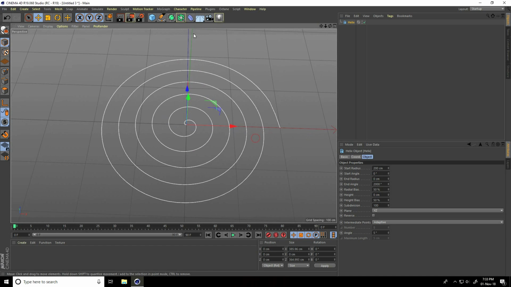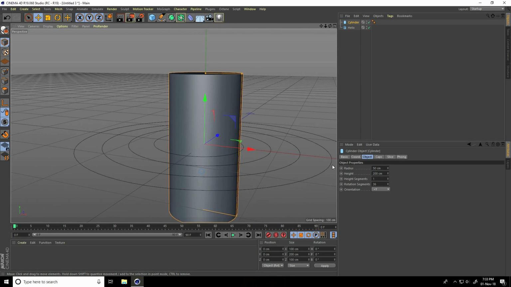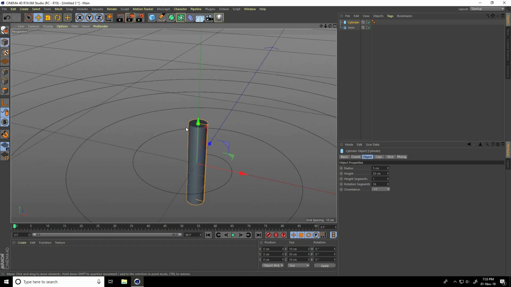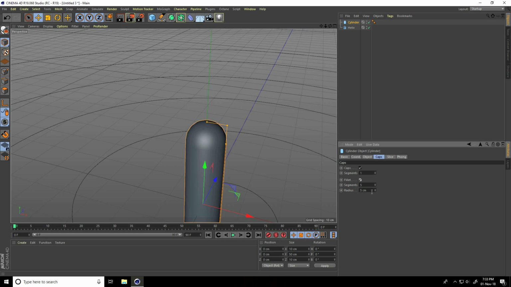And after that I take a cylinder, change the cylinder height, take only 50, and radius I take 5 centimeters. And guys, to create smoothness on top, go on caps and check fill, and radius take 1 centimeter.